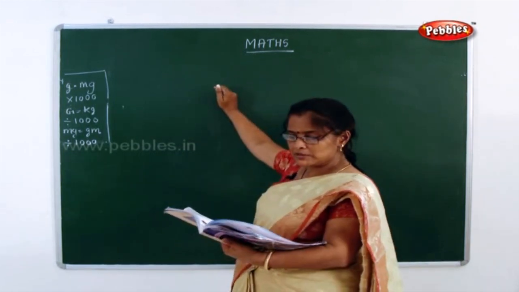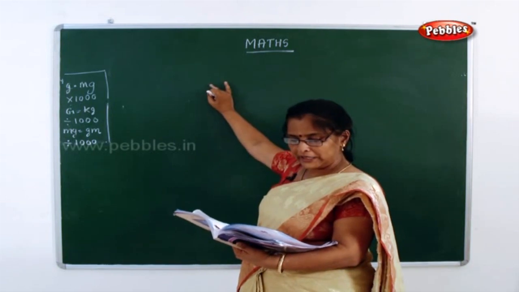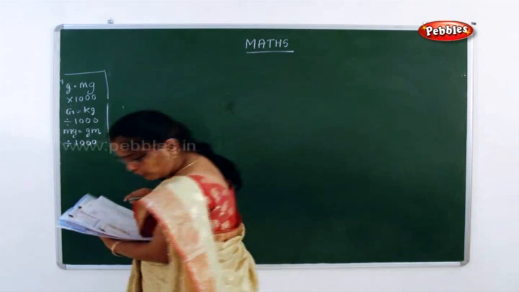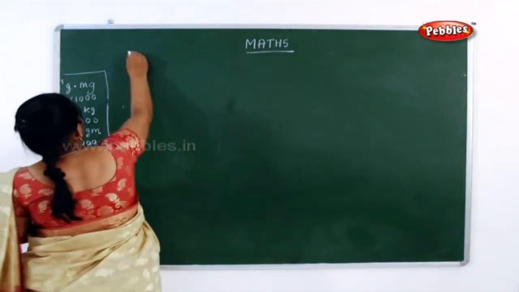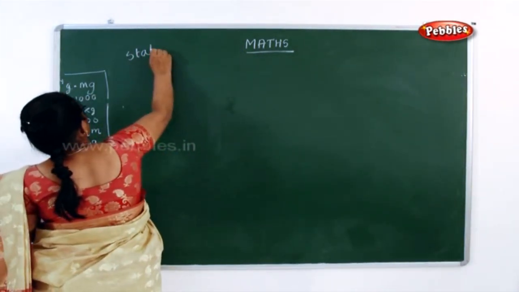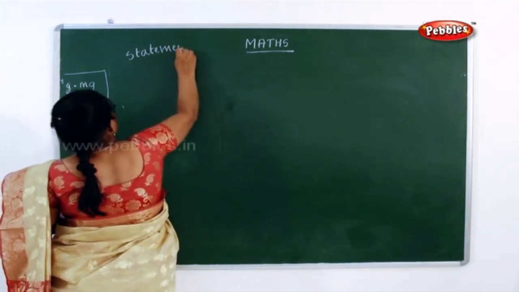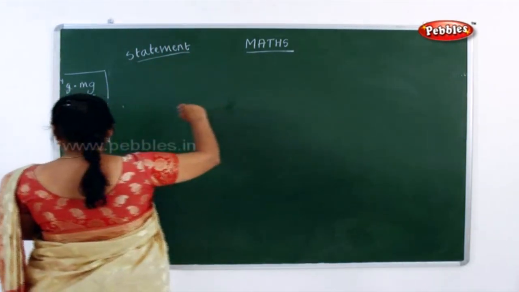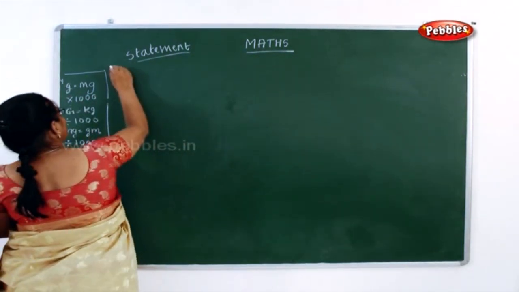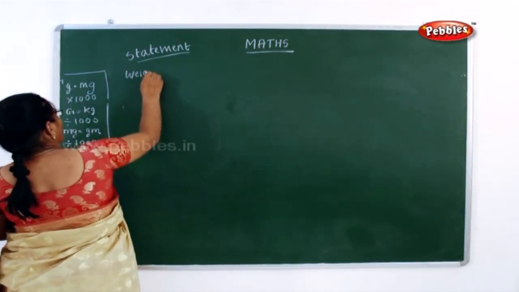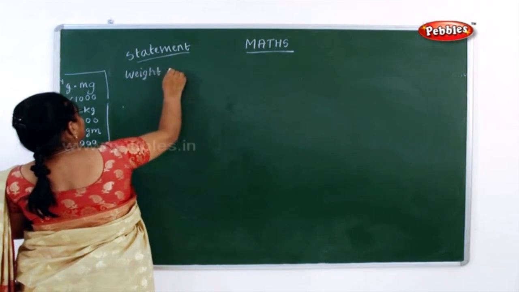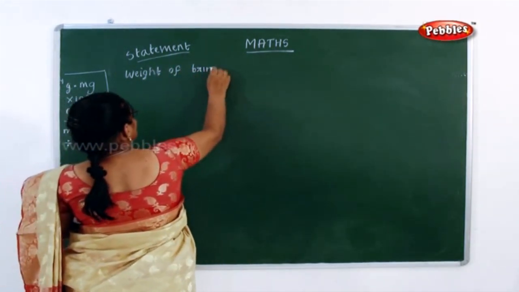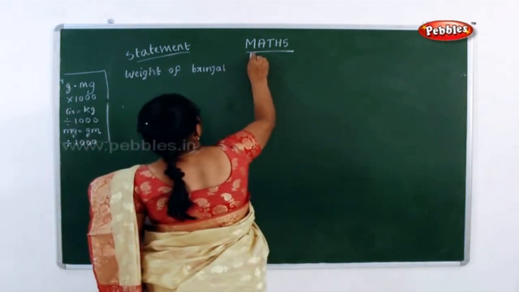So, what all vegetables has he bought? Brinjal, potato, carrot. So, now what do you have to do? Total weight. So, always in statement sums, I have already told you, you are not supposed to write only the values. You have to write with the statement. Now, what is the first one they have given? Weight. Weight of what? What is the first vegetable? Weight of brinjal.